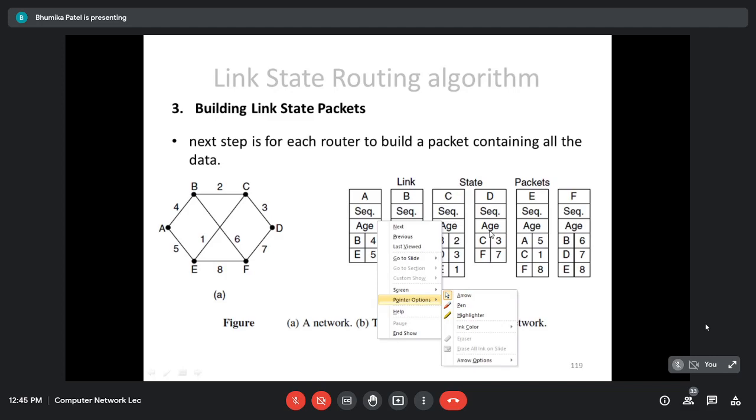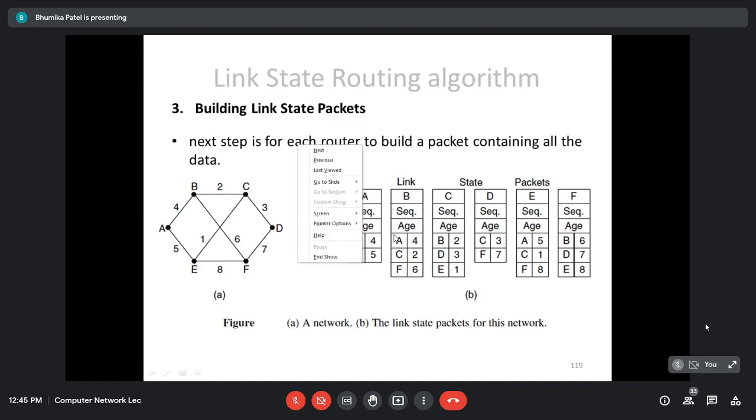We can associate the age with each and every packet from any router and decrement this age once every second. And whenever this age hits zero, the information from the router is going to be discarded. So once it hits zero, all routers remove the information. Now whenever any router comes back again, it is going to start again with sequence number zero. It will not create any problem, because the other routers have already deleted the information from their routing table after 10 seconds.